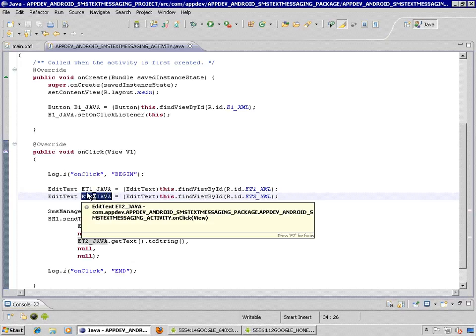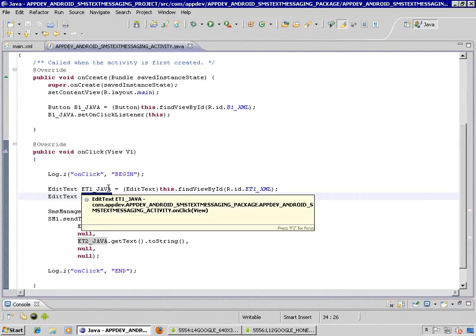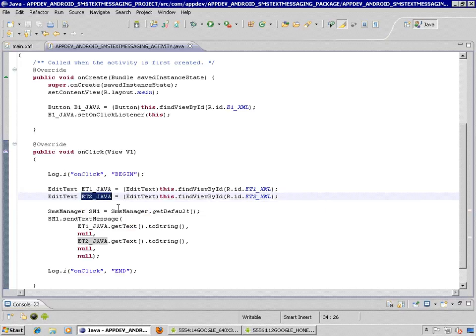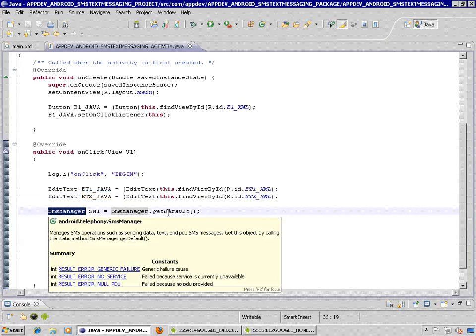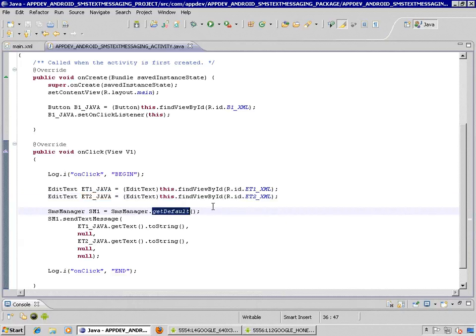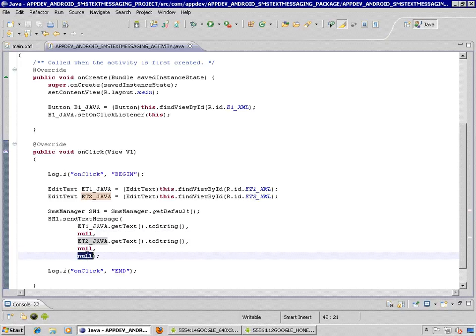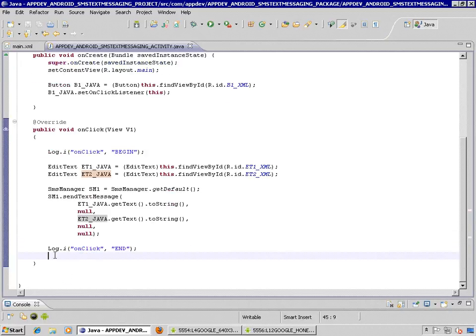On the markup side we're using ET1_XML, and on the Java side we're using ET1_Java, but it points to the same thing. Next we grab a reference to the operating system default SMS text message manager, and we call a method called send text message, and we're passing in the value of the phone number and the message, and we're overlooking 1, 2, 3 optional parameters that we don't need to send a basic text message. So that's it. So in addition to authoring the code correctly,